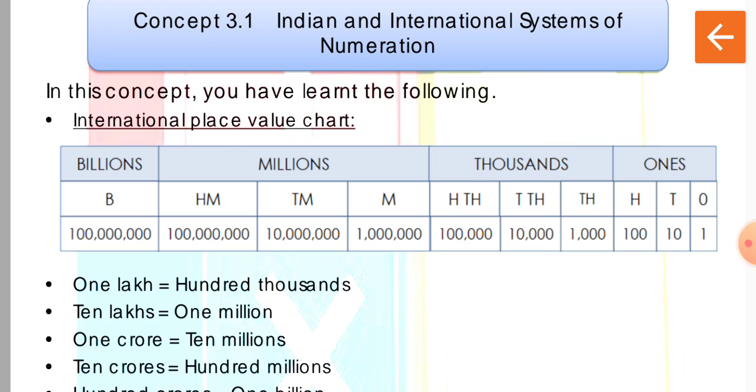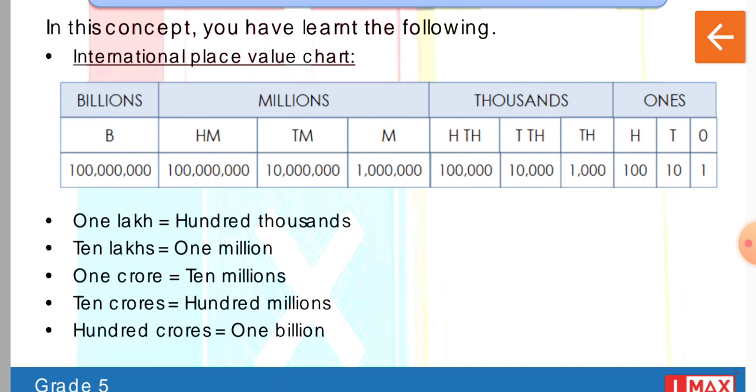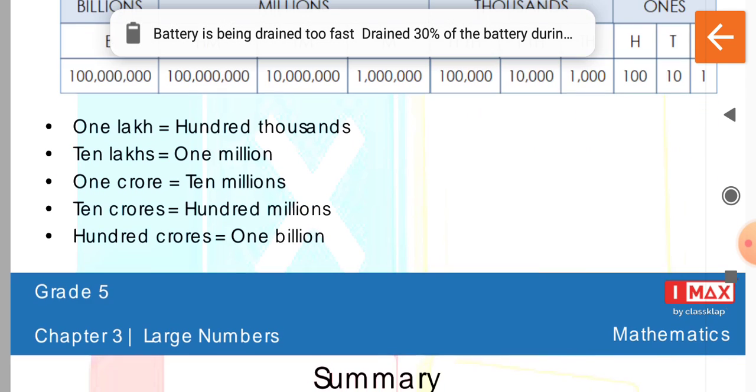Got it? Now, 10 lakhs is equal to 1 million, and 1 crore is equal to 10 millions, and 10 crores is equal to 100 millions, and 100 crores is equal to 1 billion. Everyone, learn this by heart. Okay. Alright. Now the next is